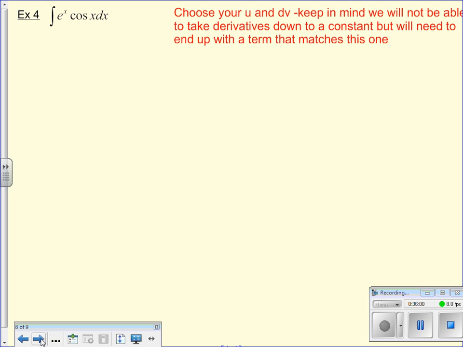But wait. Okay. Everybody listen up. UV substitution. Let's pick our u and our v. Go over here to the side. u equals